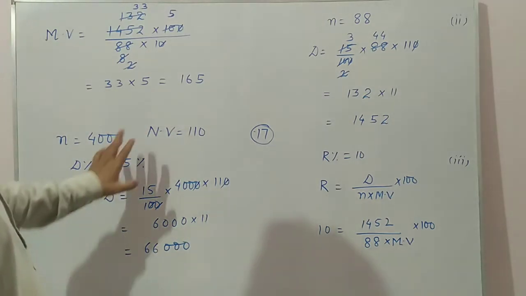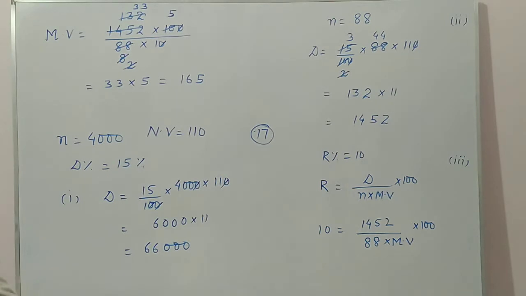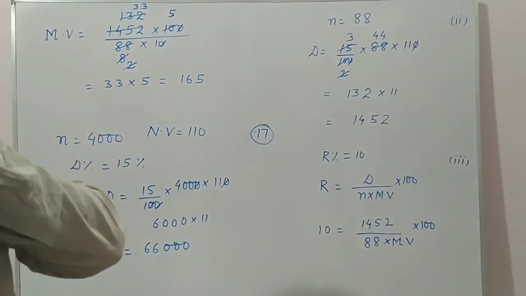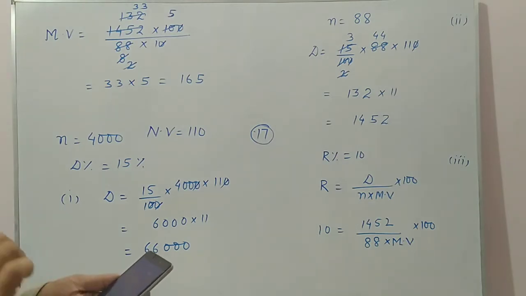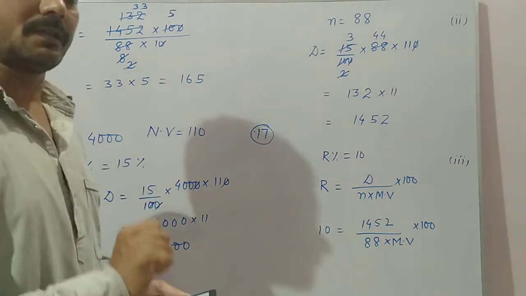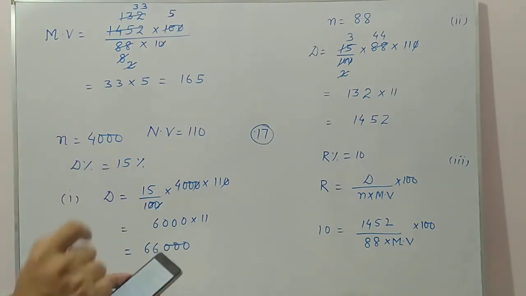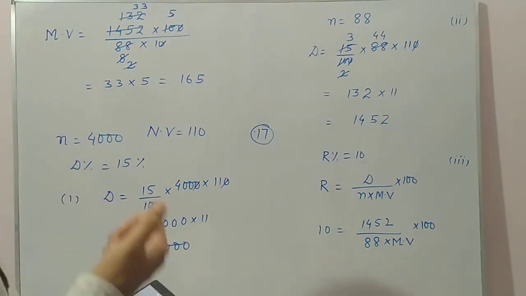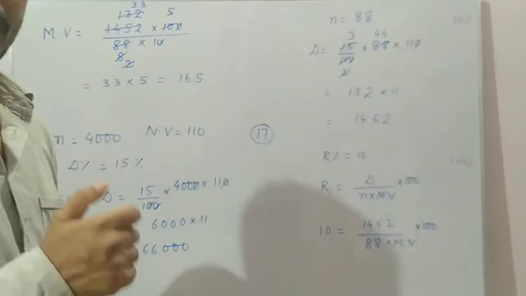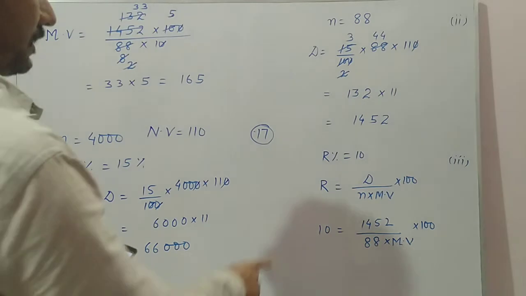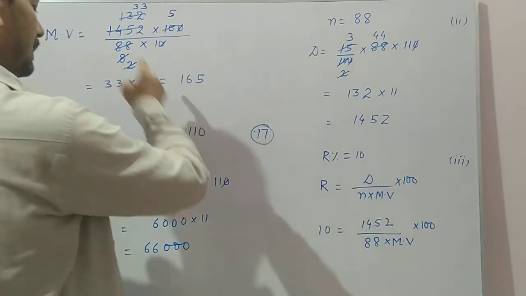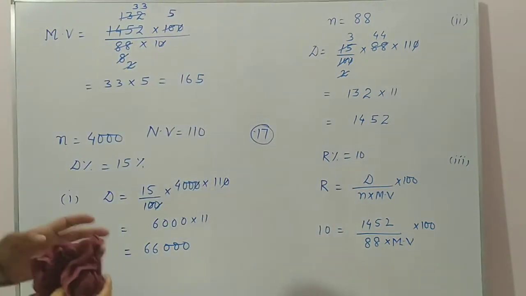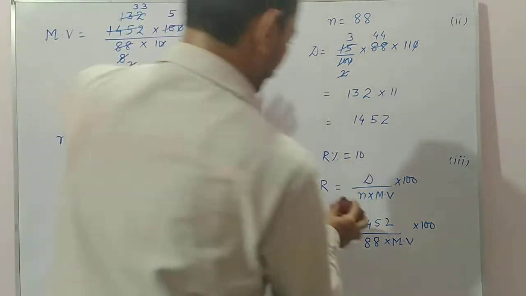Once more I am explaining. First part, that is dividend, it is okay. Second part, it is given Shahrukh is holding 88 shares, so the dividend received by Shahrukh is 1452. Third part, it is given that Shahrukh gets 10% on his investment. So rate of interest is 10%, and he asks how much Shahrukh paid for each share. That means what is the market price of the share at which Shahrukh has bought the shares? For that we will use the rate of interest formula, and using this we are determining the market value of the shares.